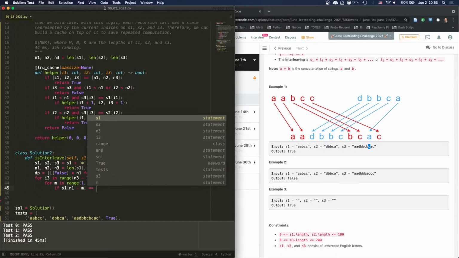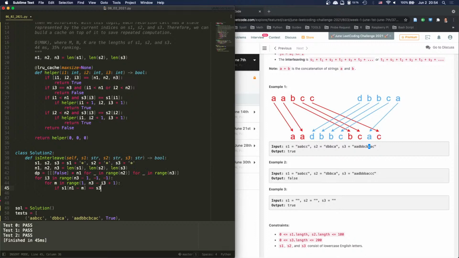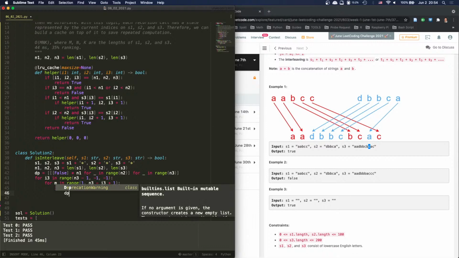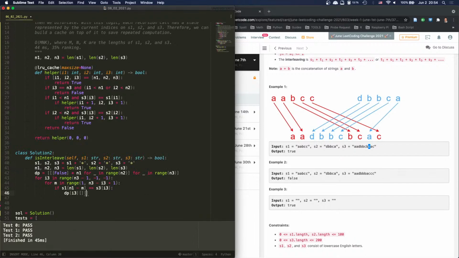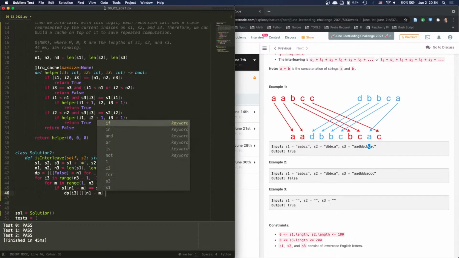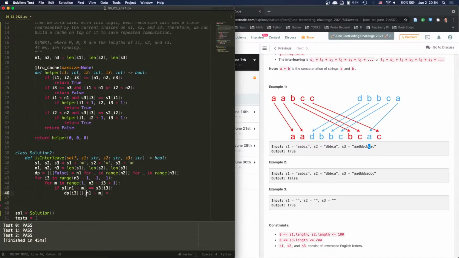If that is equal to I3, right? Equal to I3, which means it's S3 I3, right? If this is equal, then we say dp I3. This is going to be N1 minus M is equal to, this is the current